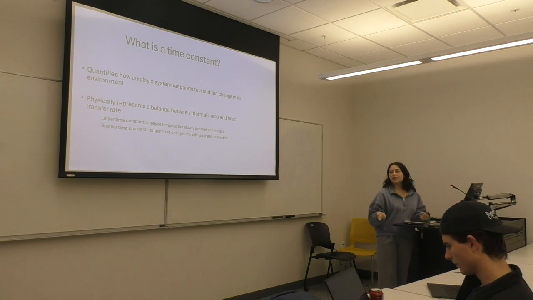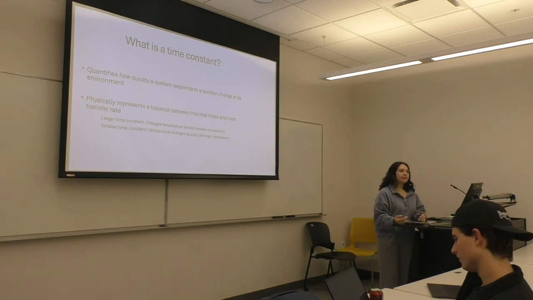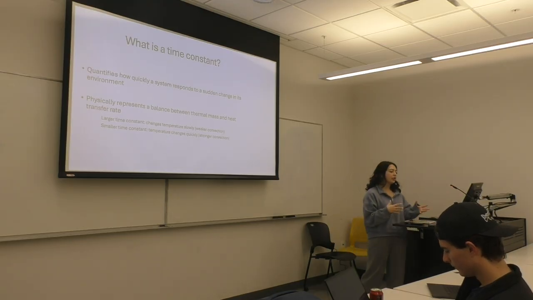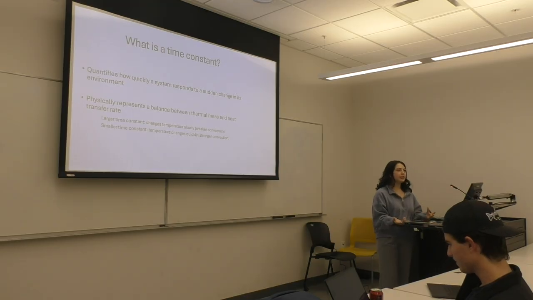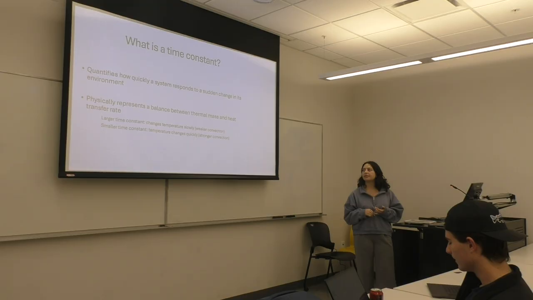The way that we can change that time constant is if we alter the thermal mass. If we change the material of our thermocouple to one with higher density, we would have a larger time constant. And if we were to change our convection, like putting a fan on the thermocouple, that would increase our convection, so we would have a smaller time constant,